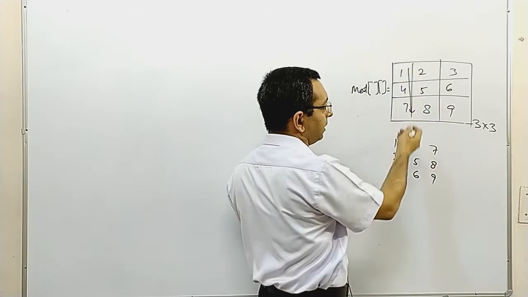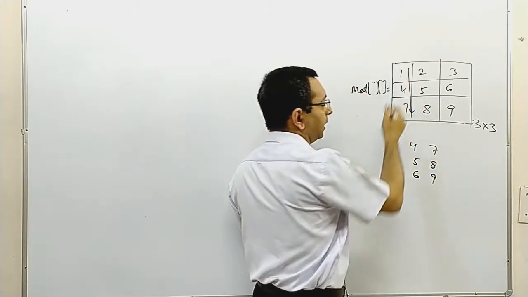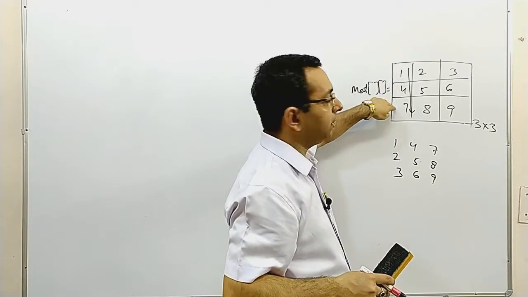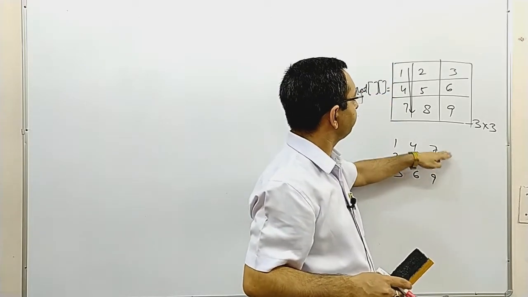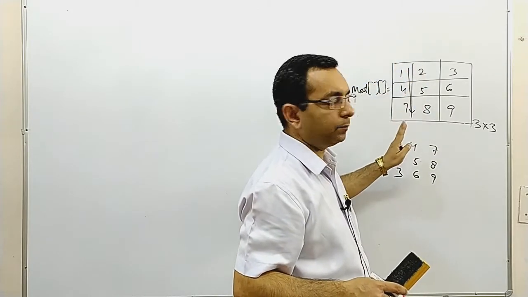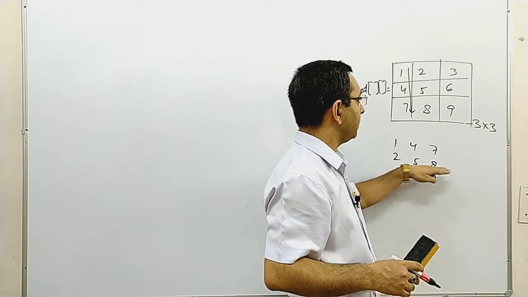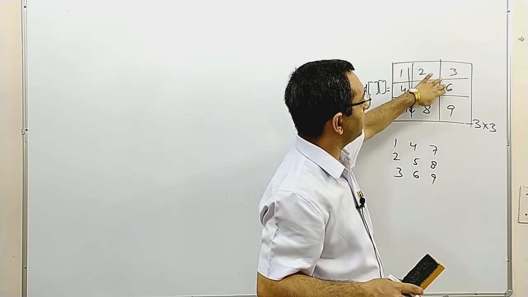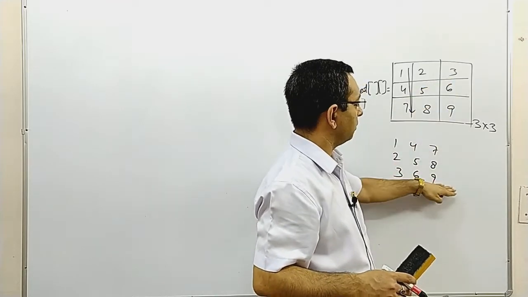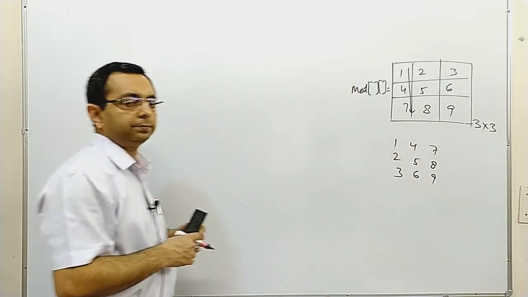We will take these values and print like this. Again, listen: we will take values column wise and print them row wise. For the second, 2 5 8 will be taken as input and we will print it as 2 5 8. Then 3 6 9 will be taken as input and we will print it as 3 6 9 as a row. So let's see how to do this.